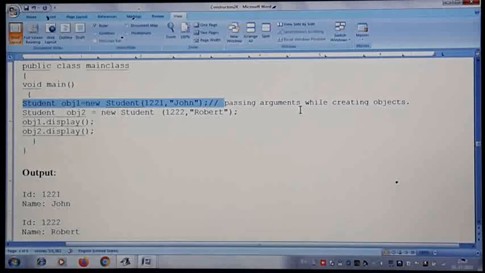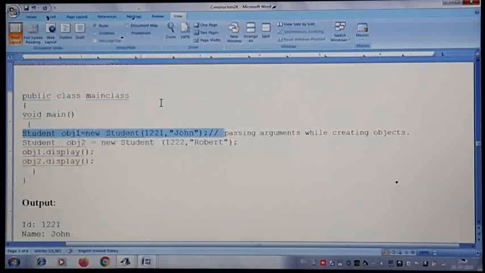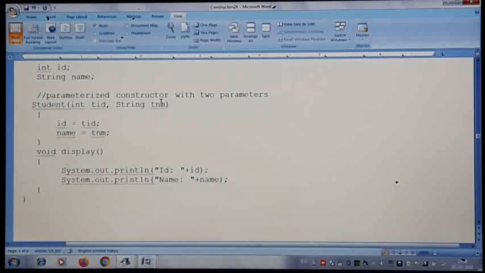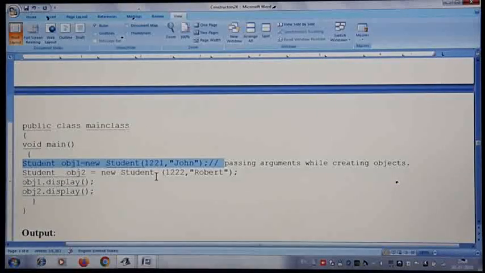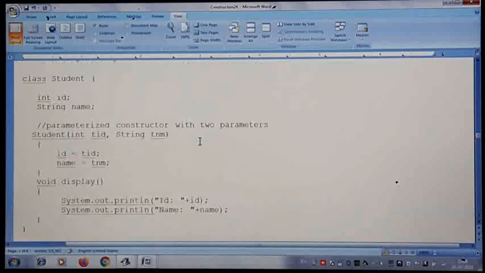So we pass arguments while creating the object. This time the control immediately will jump to the parameterized constructor. id will take the value 1221 and name will take John. The instance variables for that particular first object are set with these values.